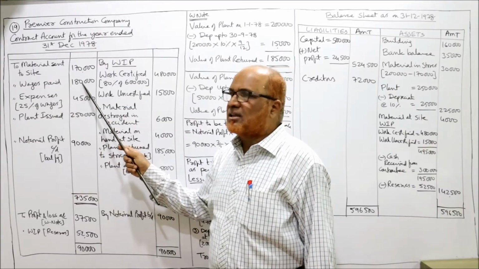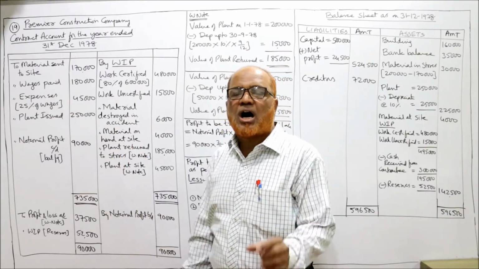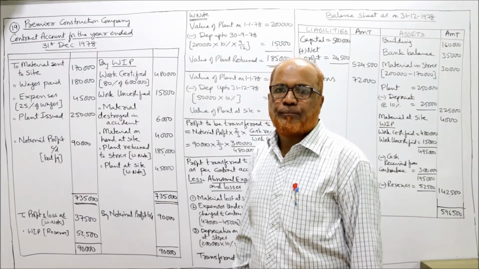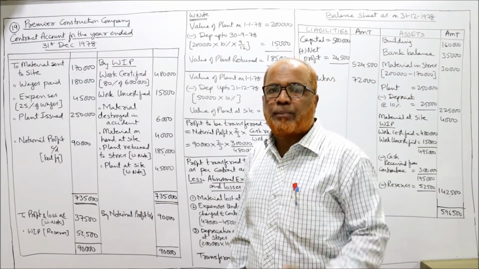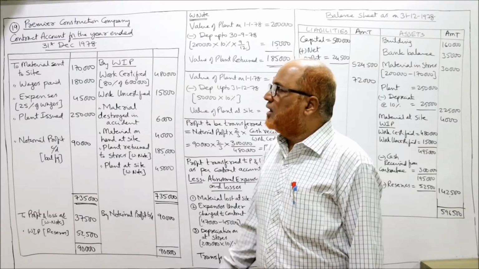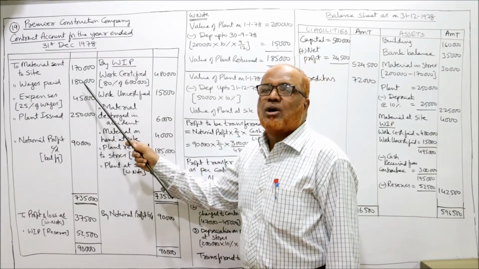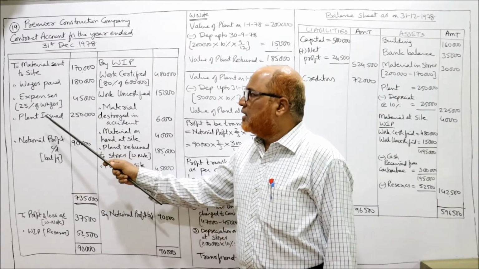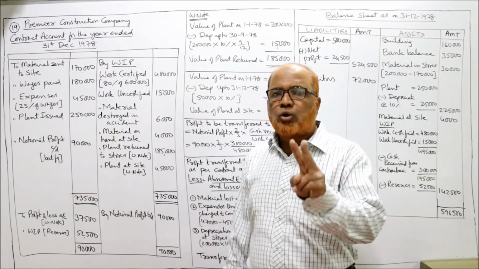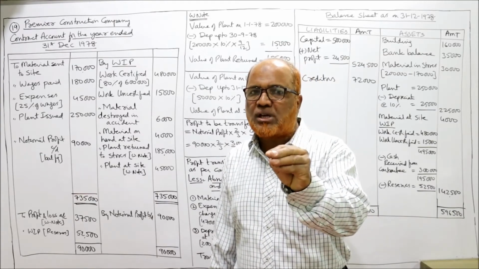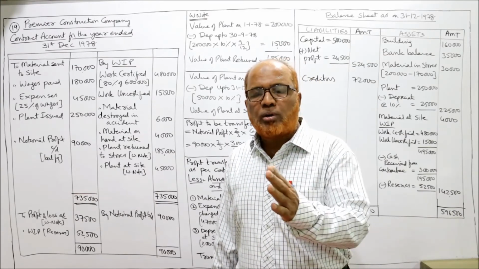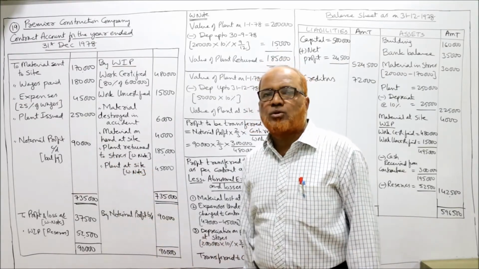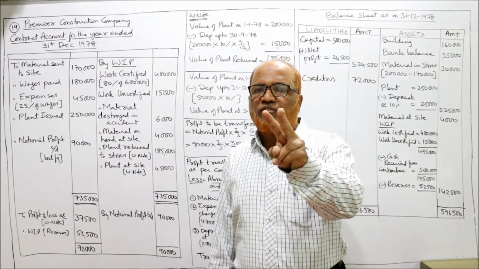Wages paid 1,80,000. Expenses are to be charged at 25% on wages. That is given in the paragraph. जितने भी wages हैं उसका 25% expenses charge करो, बता रहा है. ठीक है, wages paid 1,80,000. 1,80,000 का 25% is 45,000 rupees, the expenses. Then plant issued. Actually, 2 plants are there. One 50,000 and one 2 lakh. दोनों मिलाकर 2,50,000 का प्लांट इश्यू किया।